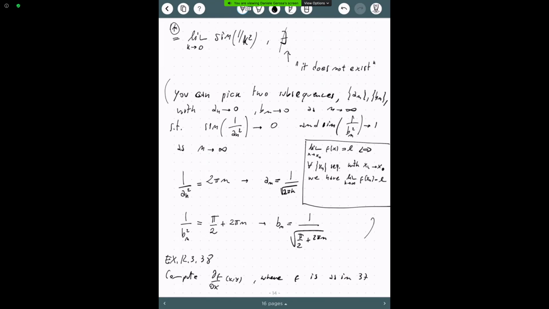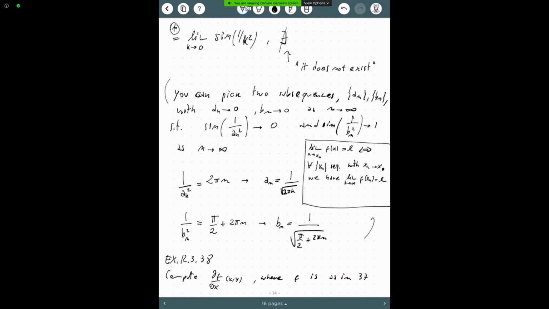Now, you're free to prove this little proposition, but I think Jan Fredrik probably proved it. I hope he did. It's very interesting. So what I did is simply pick two different sequences such that they both converge to 0, but the limit of the function computed along those two sequences gives two different limits. One goes to 0 and one goes to 1. So I violated this proposition here.